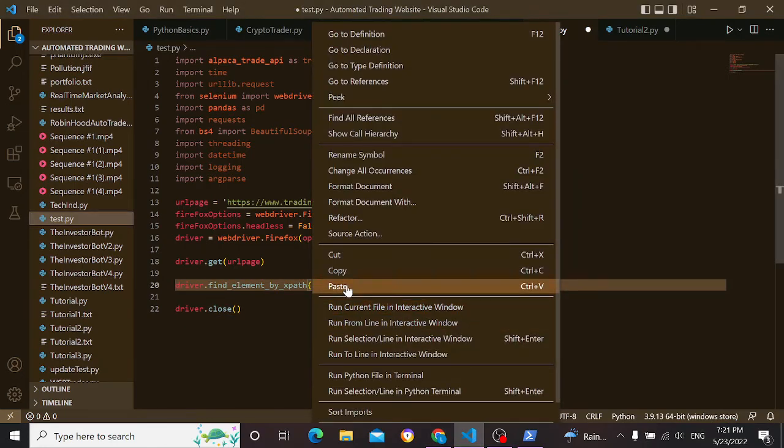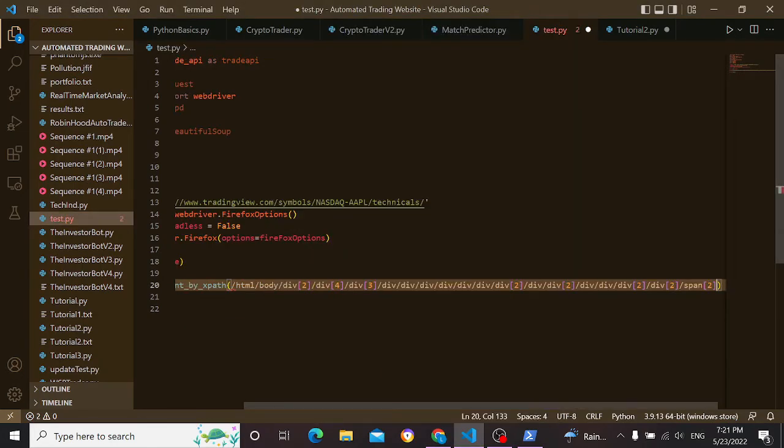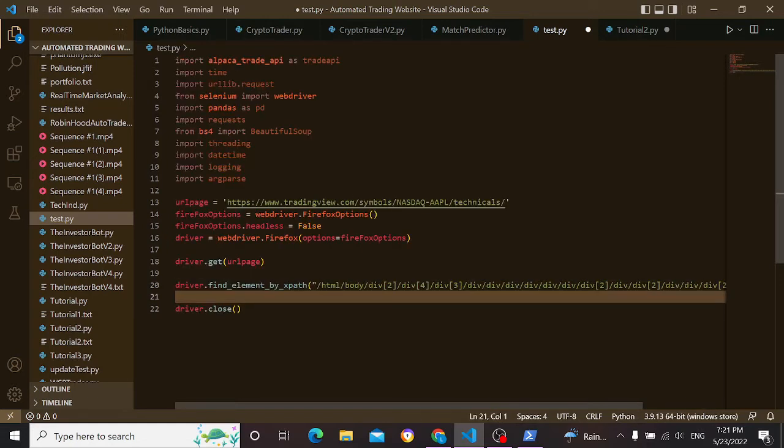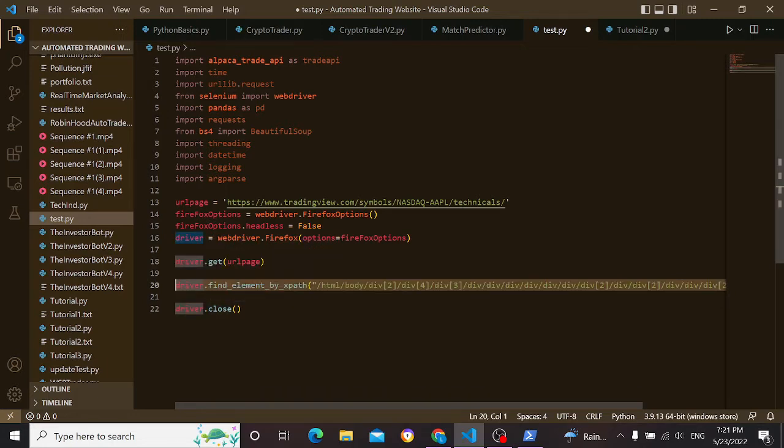that will be a really long string. Also, you've got to put it in and make it a string. There you go. So this really long thing will go the whole way from the HTML, the head of the page, all the way down to this span where our text is at. We need to set that equal to something. So let's say education equals that. So it's going to go ahead and find that element on that page and put it into